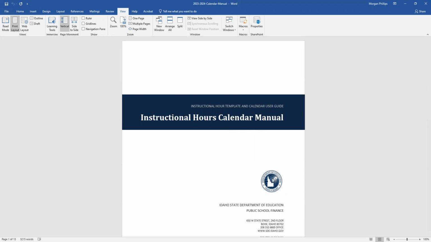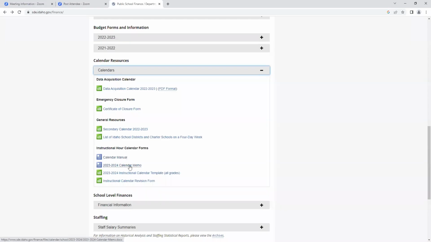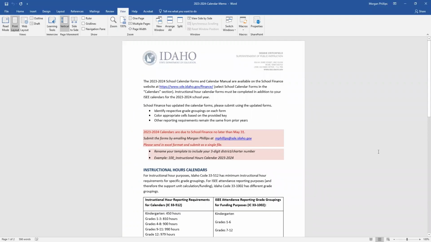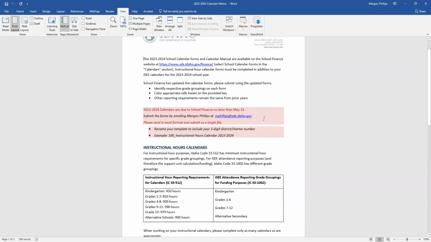The next document that I want to show you is on our website. Next is this calendar memo, a very similar document that you're going to want to be familiar with. It's kind of a condensed version of the manual, and it gives you a little bit more of a high-level insight. But same thing here, it tells you what to identify on your forms, when the forms are due, how